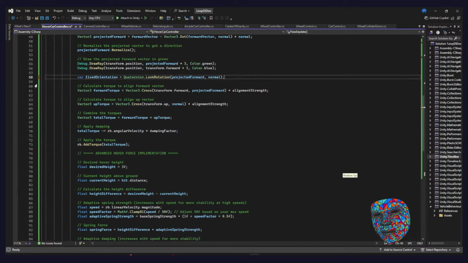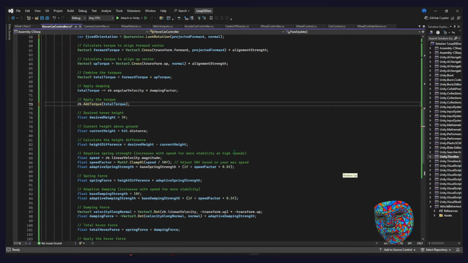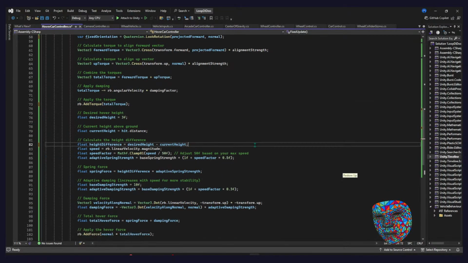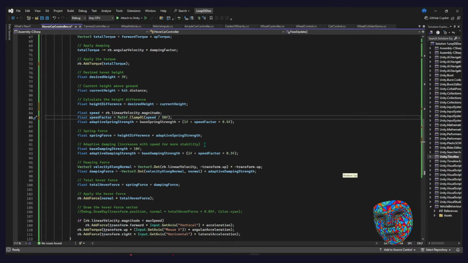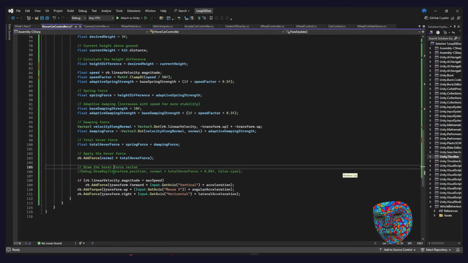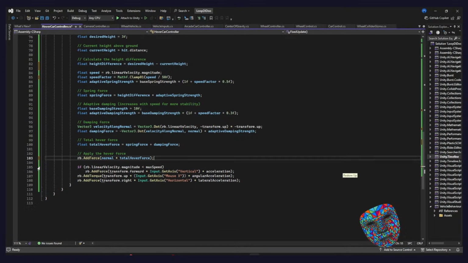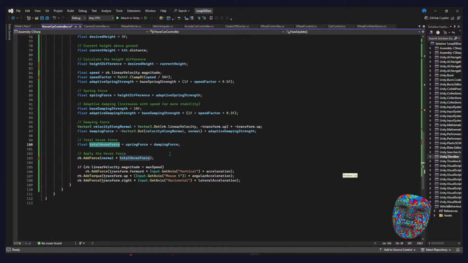This doesn't work. Remove that. This. So yeah, I did generate a little bit of code here. All right. The total hover force is the spring force plus the damping force. And the damping force,